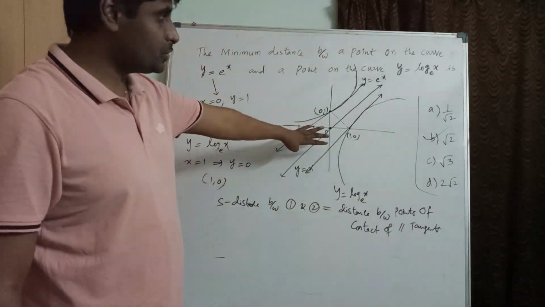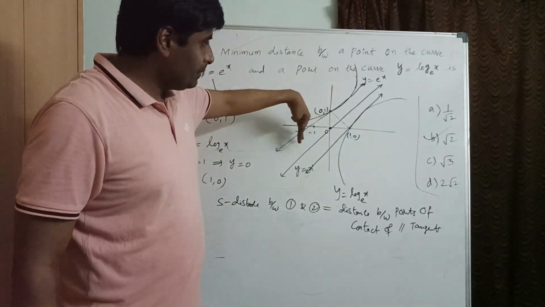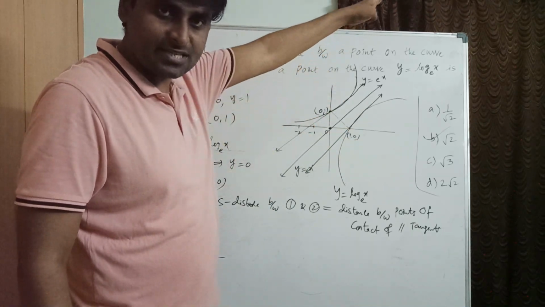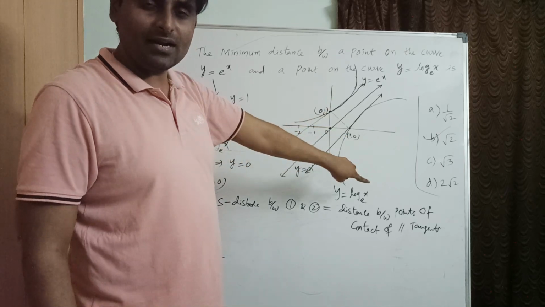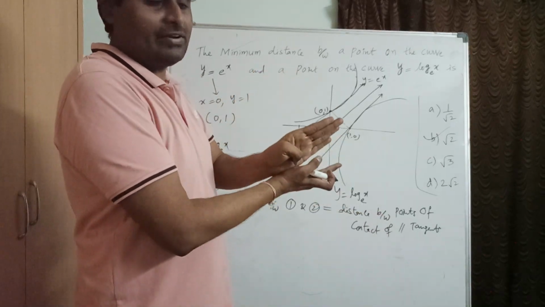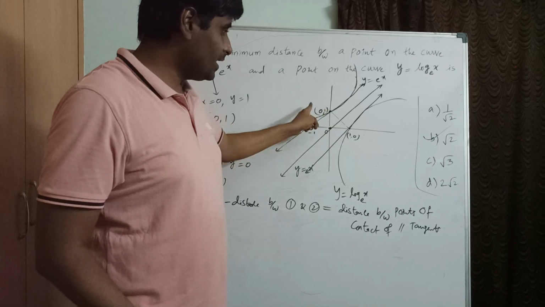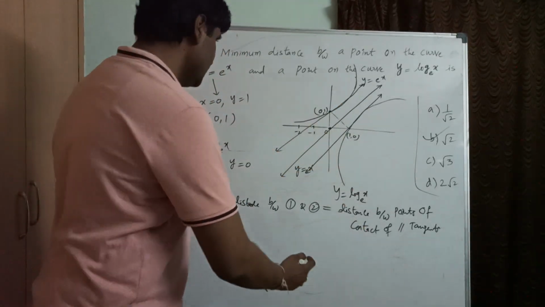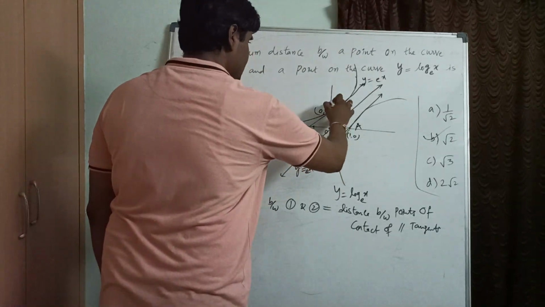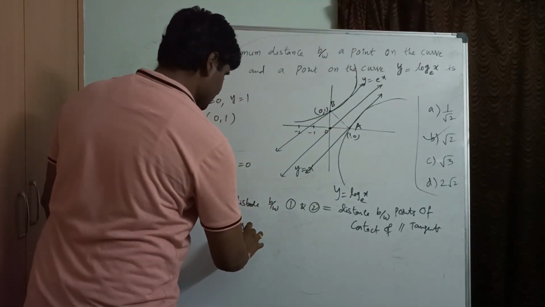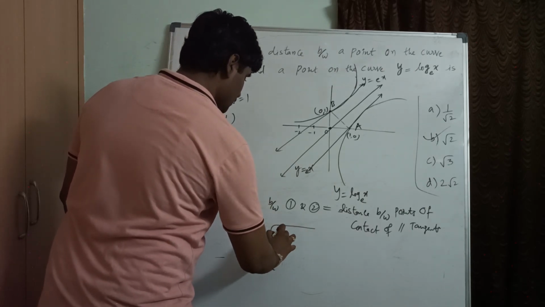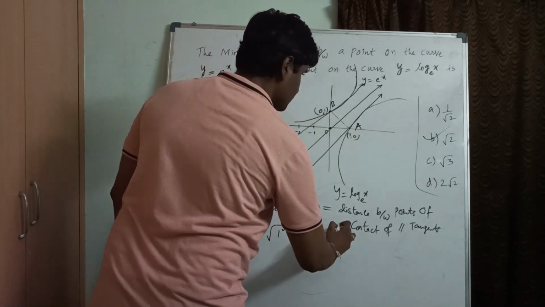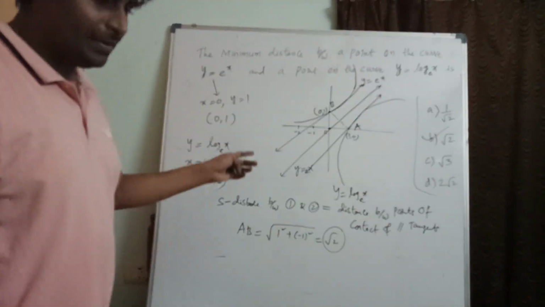We no need to solve also if you know this. Y equal e power x, y equal log x, both are inverse functions to each other and both are symmetric with respect to one line, y equal to x. There 1 comma 0, there 0 comma 1, distance between 1 comma 0 and 0 comma 1. What is the distance here? Root 2, correct? So this is A, this is B. AB distance is simply root of 1 square plus minus 1 square, so root 2. It's very easy to understand, right? Make a note of it.